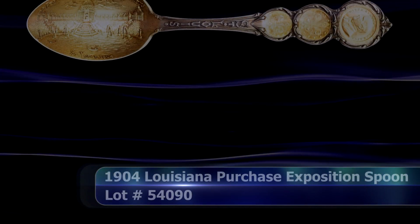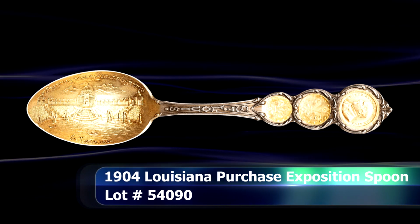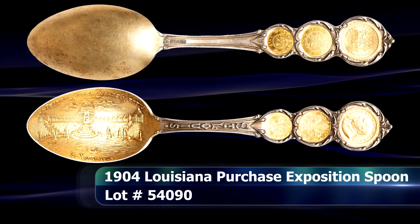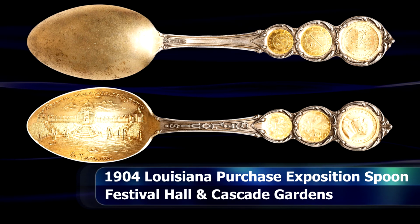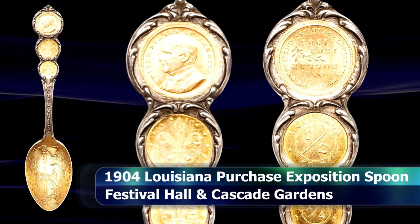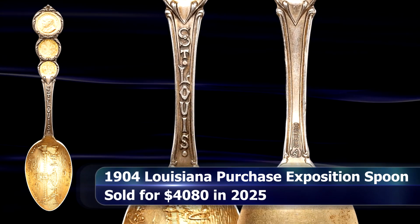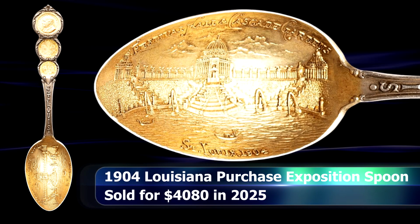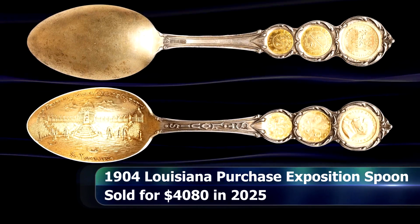$2,400. The Louisiana Purchase Exposition, informally known as the St. Louis World Fair, was held in 1904 in Missouri. This intricate keepsake was made to commemorate the event. The handle of the otherwise sterling silver spoon exhibits a 1903 McKinley gold dollar. Below that is a quarter Louisiana gold token, as well as a half Louisiana gold token in tow. The bowl of the spoon is a gold gilt and displays the festival hall and cascading gardens. This eye-catching piece of Americana was sold at auction for